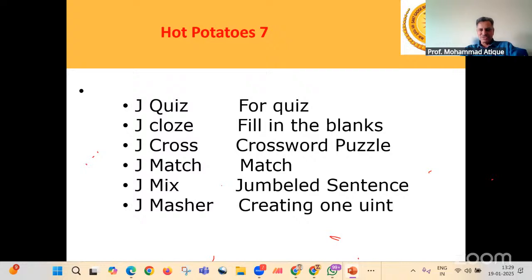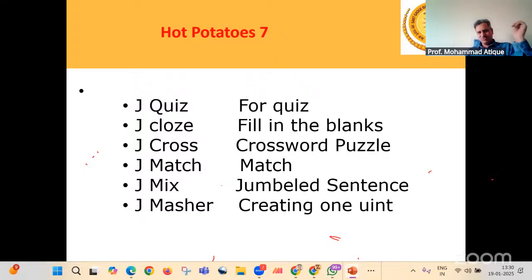The sixth one is basically JMashup, which one can use for combining whatever exercises you have created using the above five, from JQuiz to JMix, into a single unit. So you can build it as one unit and then share it with the students. This is a brief introduction to Hot Potatoes.